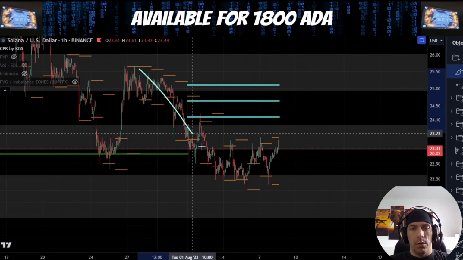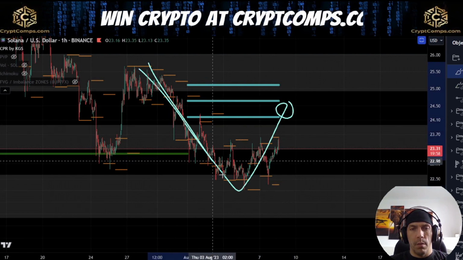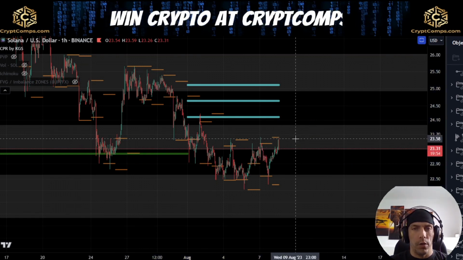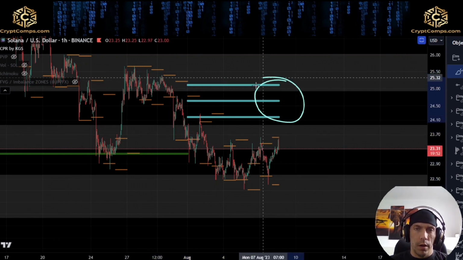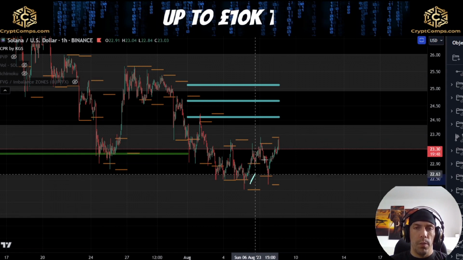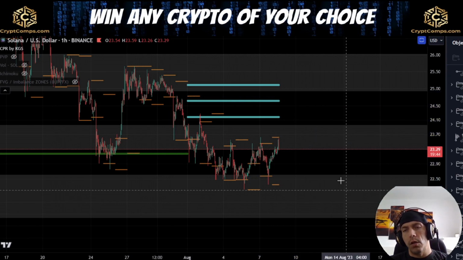This would align with the idea of seeing a bigger 3-wave move up here, where this could actually become 1, 2 or AB, and then we see that continuation down. So this is why I'm being cautious of any kind of 3-wave structure up. We need to just be aware that if we do move back up into these in 3 waves, we could then find that rejection and that continuation to the